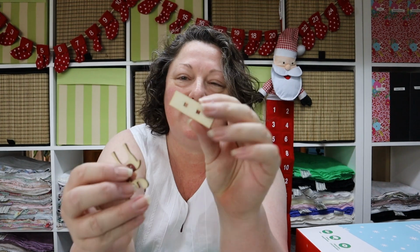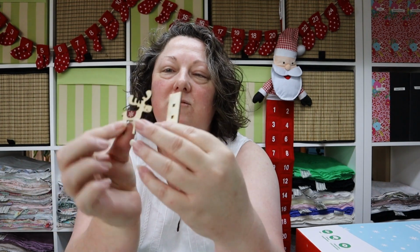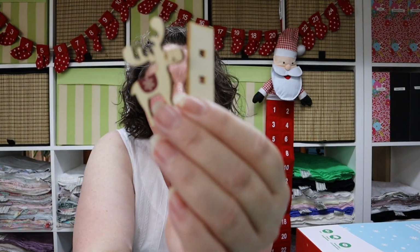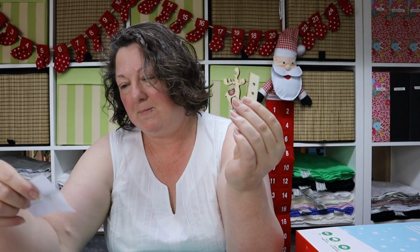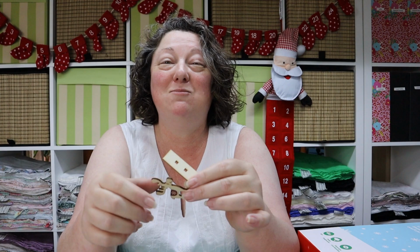So these are my little pieces. So I've got my little reindeer. Oh, I don't think I even need to colour that in. Insert the reindeer onto the bottom base. Your reindeer is ready. Here we go. Here is my